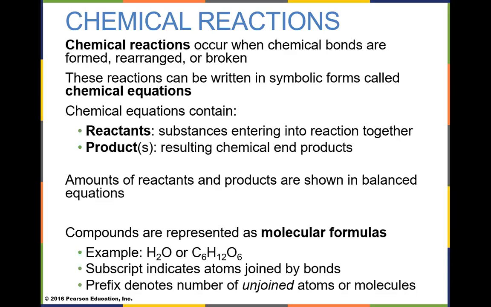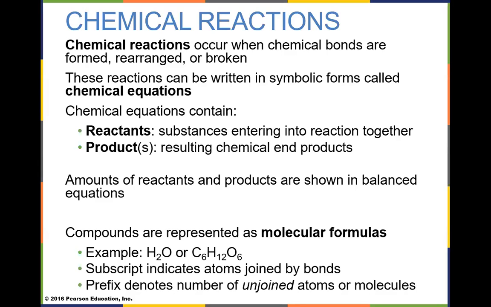But in a compound, it's different. There is a chemical change taking place. A chemical reaction takes place. It causes bonds of the different molecules to change, to rearrange, to break, or to build up. And so whenever you have a chemical reaction, you're doing something to the bonds, and the bonds are all based on electrons. So you're doing something with those electrons. You're rearranging electrons to create a new type of bond.